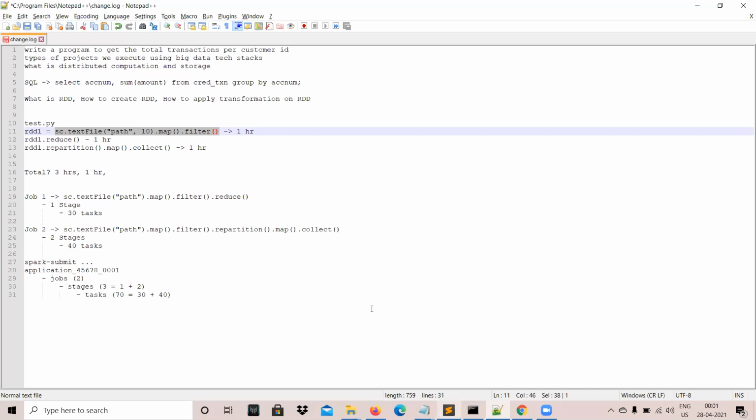Rather, we can save that data, or keep that data in memory and then do the further processing if you want to run that application really fast. That's the reason this caching concept came in. You can cache that intermediate data, and then that cached data can be used. Cache means the moment you call rdd.cache, it keeps that data entirely in the RAM of the cluster. Of course, with a cost, right? You should have enough RAM to persist that data. You should have a big enough cluster. Then only you can do that.